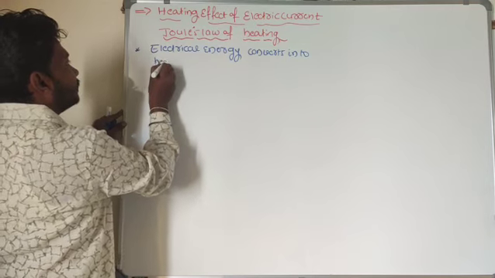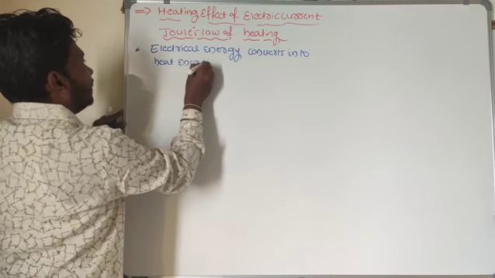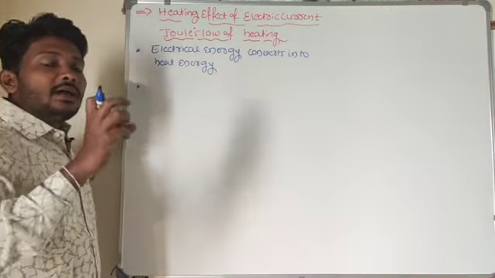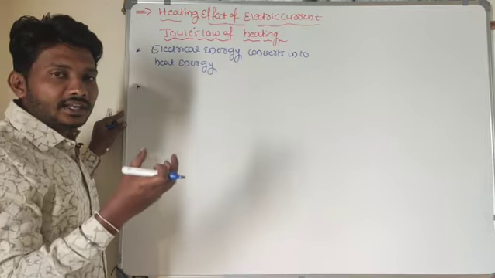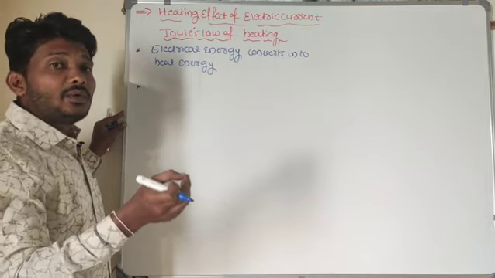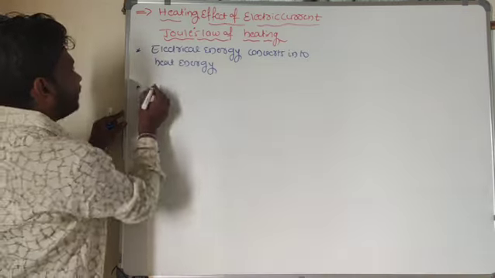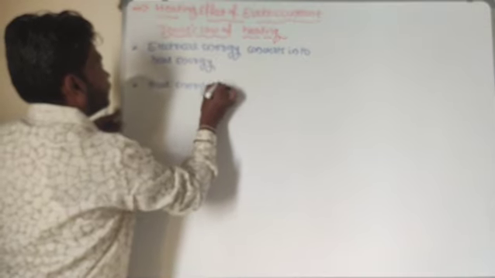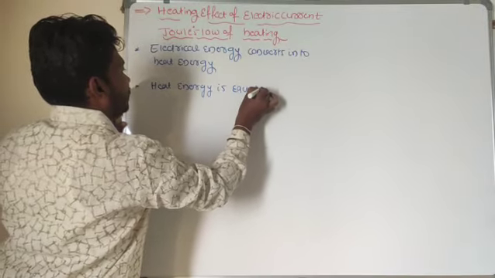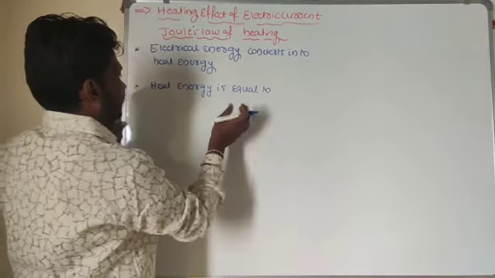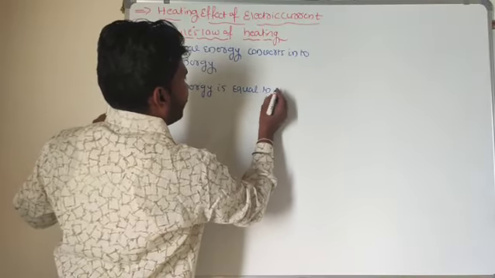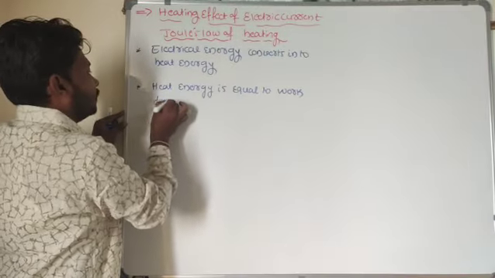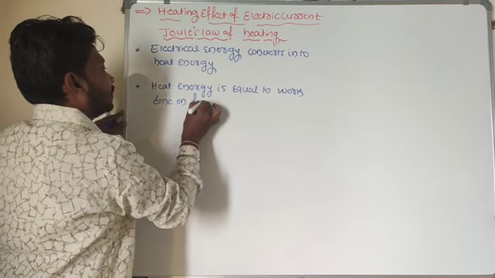While converting that electrical energy into heat energy, the quantity of heat, whatever the heat energy is there, that heat energy is equal to the work done. So heat energy is equal to work done on free electrons,